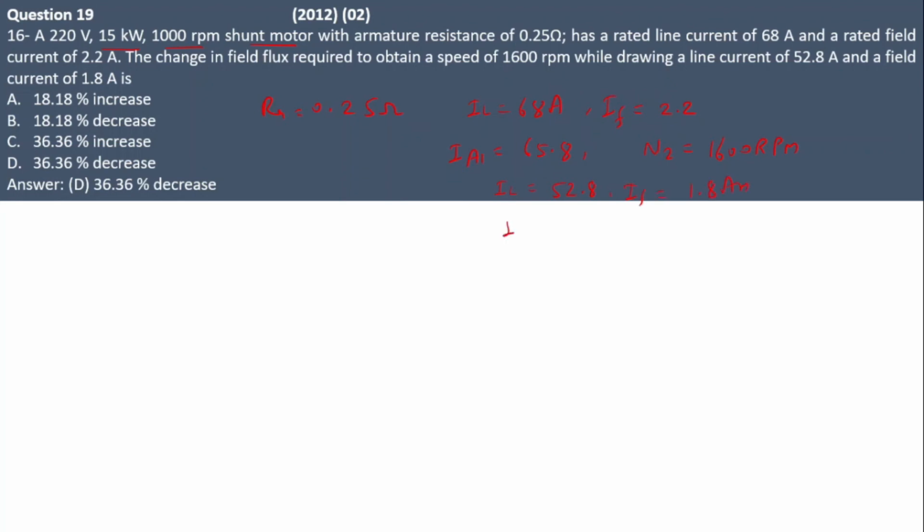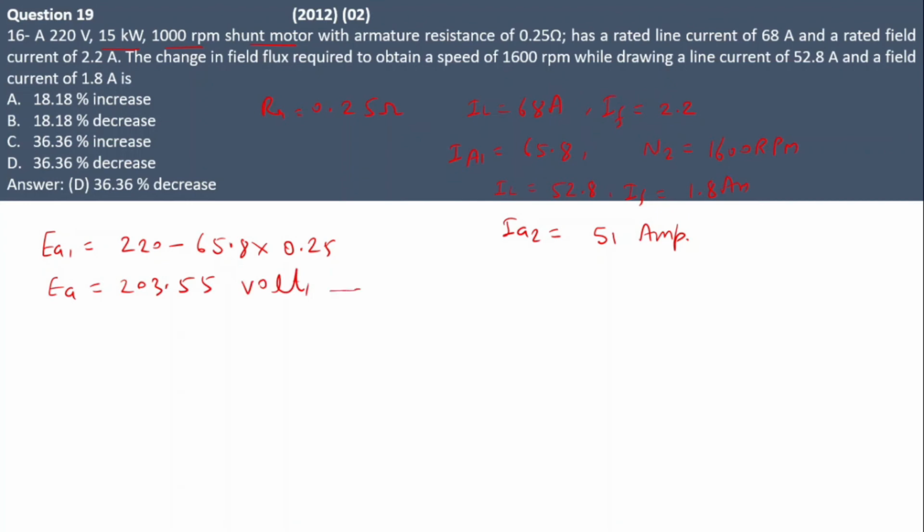So now find out Ia2. 52.8 minus 1.8, it is 51 amps. So for the first condition, find out the Ea1. V minus Ia Ra. Ia is 65.8 into Ra 0.25. So Ea1 equal to 203.55 volt